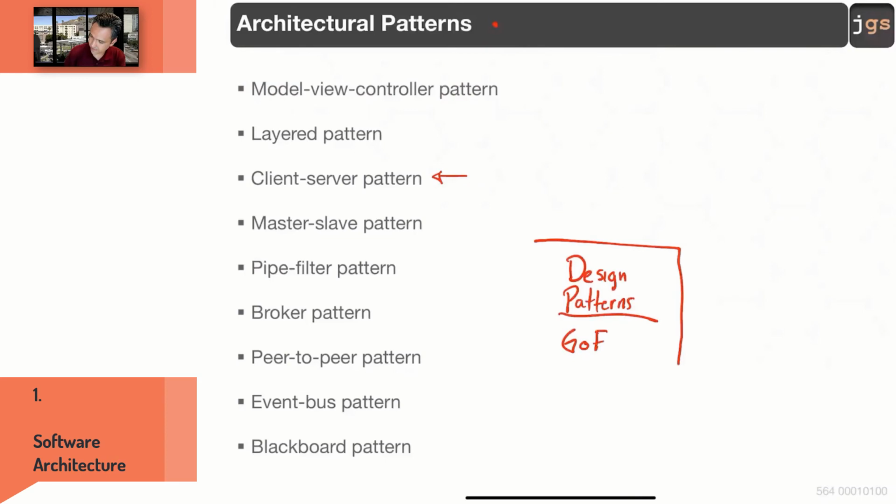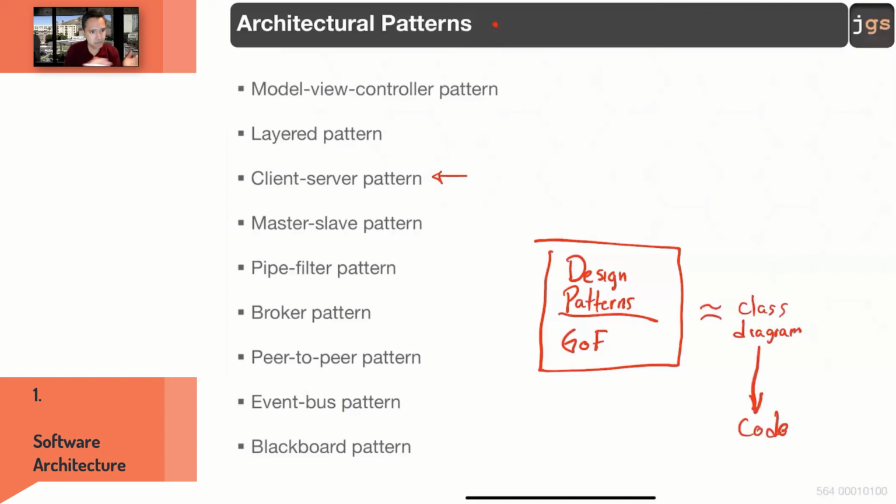These, what they give you is a class diagram. All of them have a class diagram. And therefore, because they have a class diagram, they are giving you somehow more or less code, source code. What we're going to review now